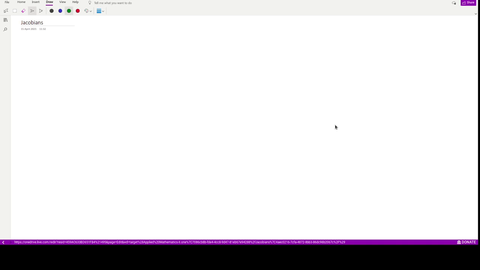So the next topic we have is Jacobians. First of all, you should know what a Jacobian is, what it is used for, and how we can calculate a particular Jacobian. The Jacobian is represented by the symbol J, and it is used to calculate the differentiation of functions. Suppose you have various functions, say f1, f2 up to fn,